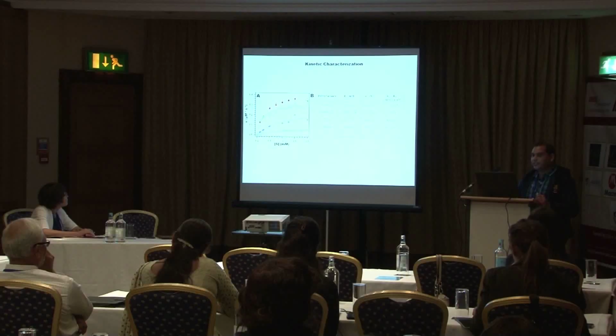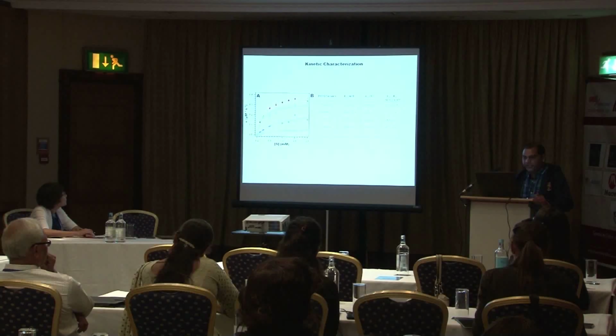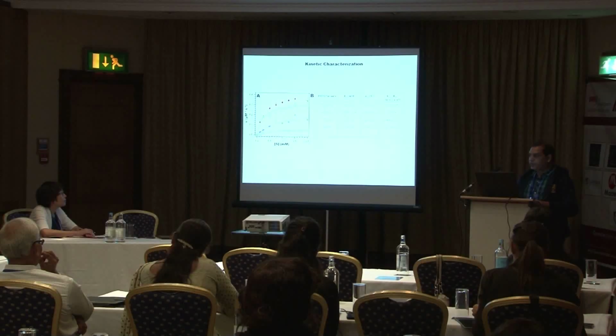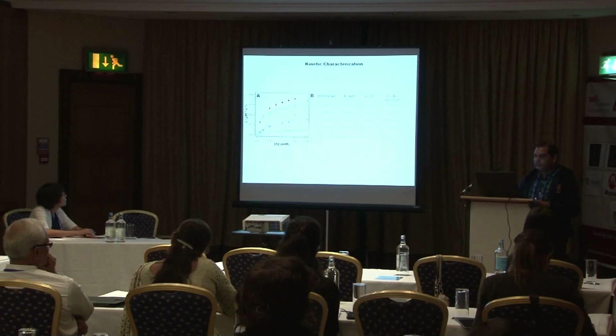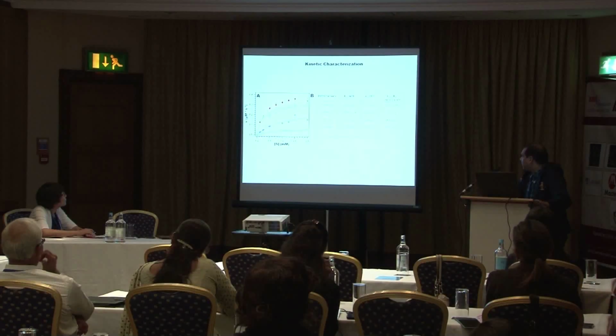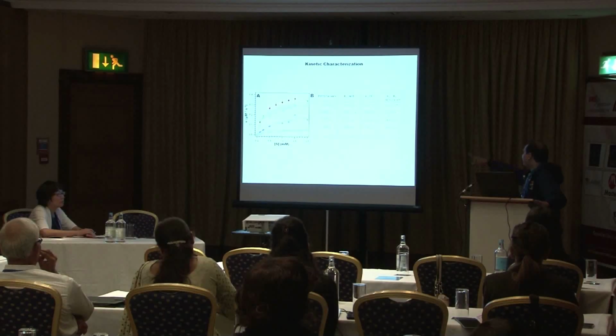We did the kinetic characterizations, taking paraoxon as the substrate. So here we calculated the V0, the initial velocity. After that we plotted the V0 against the substrate concentration to get the Michaelis-Menten plot. The Michaelis-Menten plot was fitted with a hyperbola, two-parameter equation. After that we got the kcat/Km values, where you can see that the RT460, which is